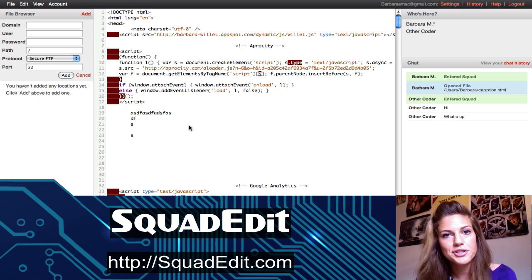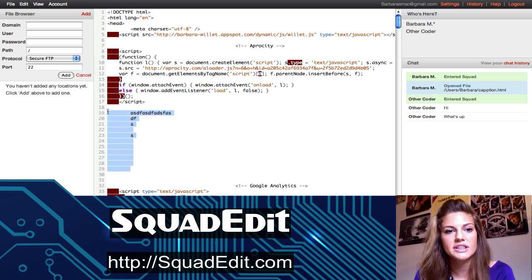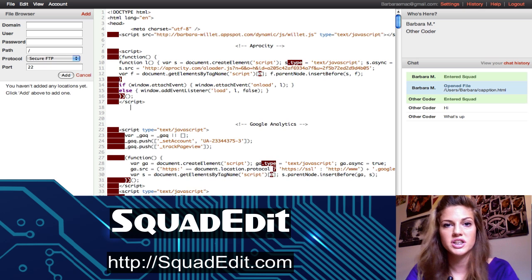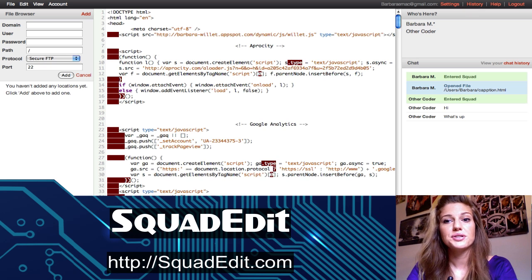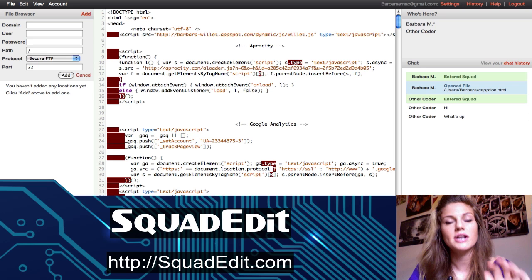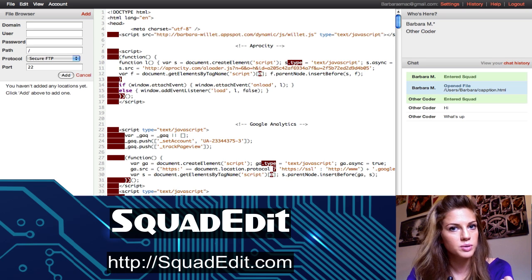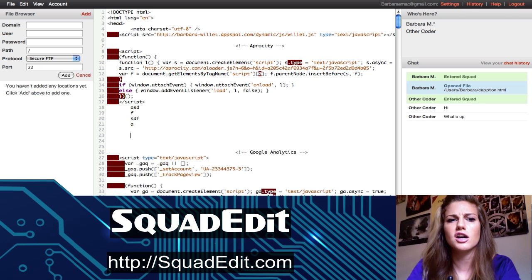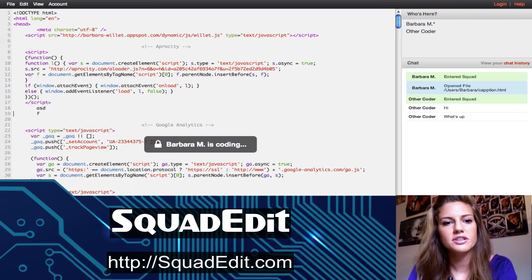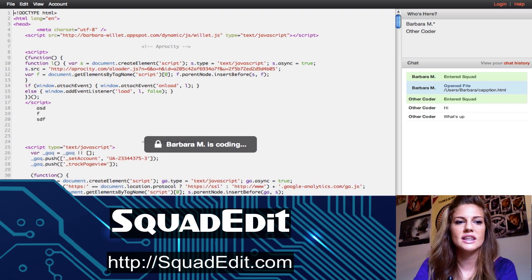Con number 2, I am going to try to demonstrate this for you so you can just see it yourself. So I am logged in as myself, and I'm going to start coding, and then I'm going to immediately switch over to the other coder's window, and let's see if you can figure out what this con is. So I'll just start coding some sample code and then switch over,